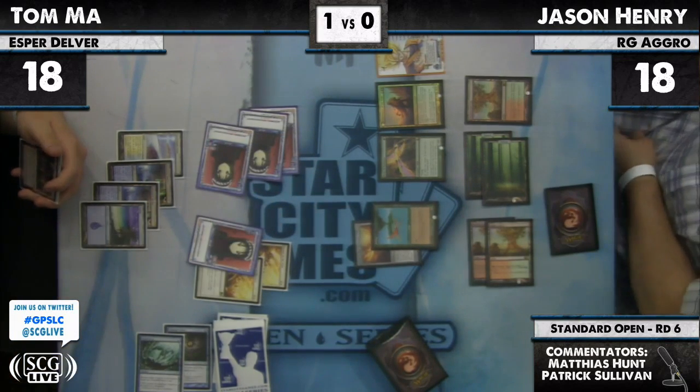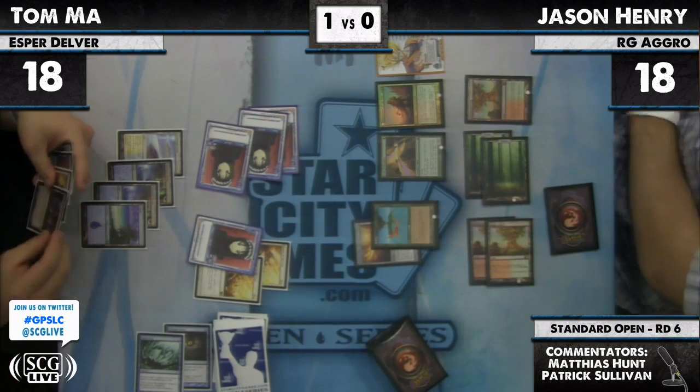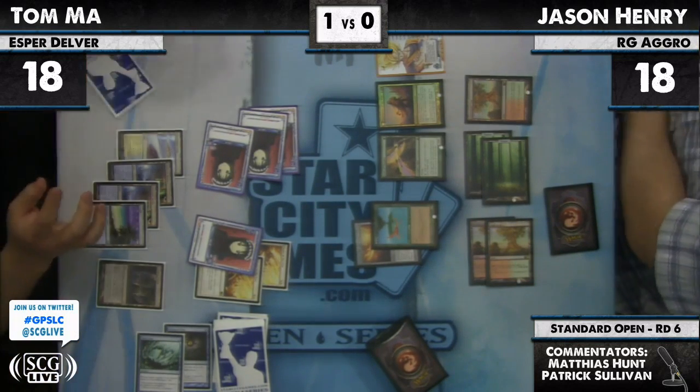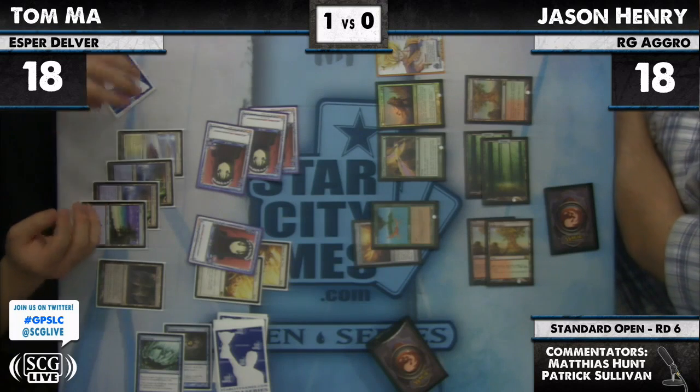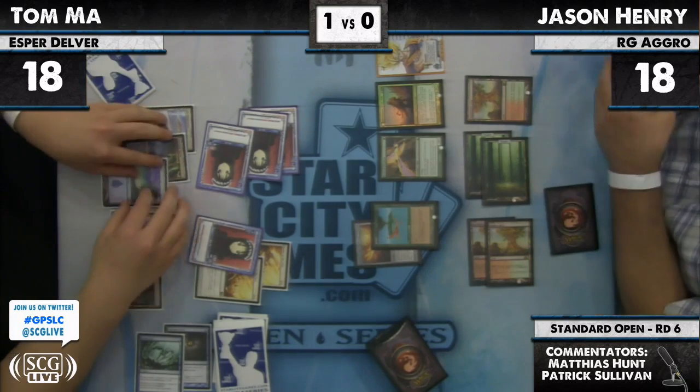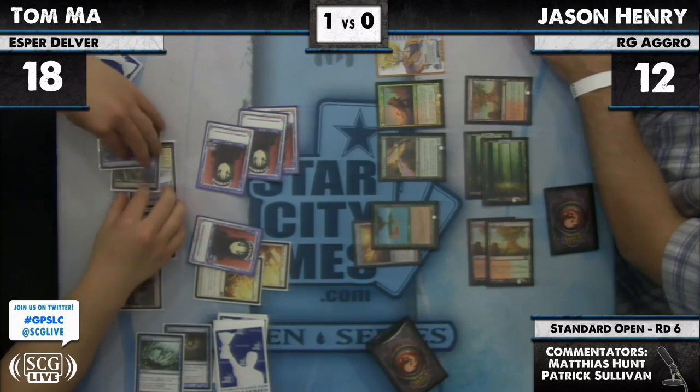Well, I believe he has Snapcaster in hand. The thing is, this hits him for 6, so your tokens are still lethal next turn, assuming you are able to get all the birds out of the way. Right. So Henry drops to 12, and all right,